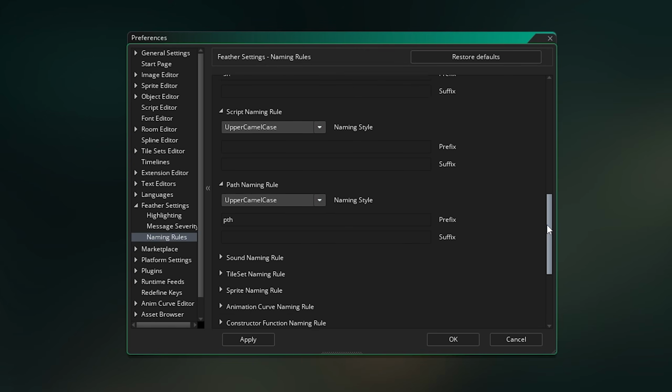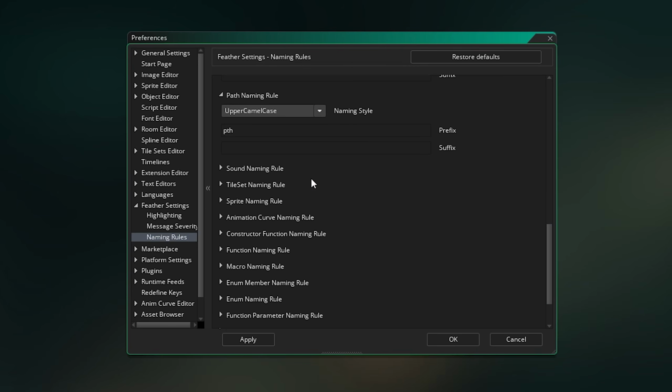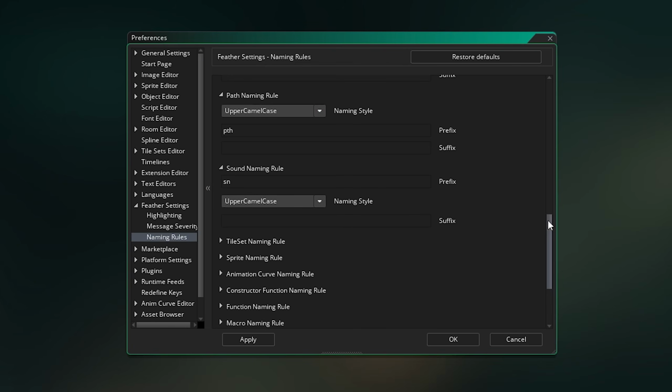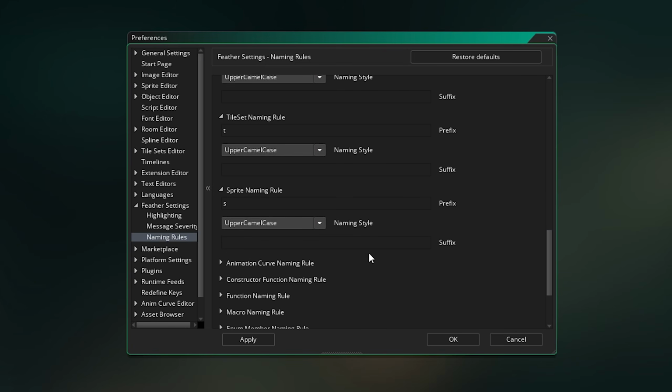Paths. I do very rarely use paths, but I would use PTH track for example. 3 letters is a lot for my style, but again I use these too infrequently to want to use P, and PT my brain wants to read as point, perhaps because of font sizes, so for me I use PTH. Sounds I use SN, again S is taken by sprites. Tile sets I use T, sprites I use S,